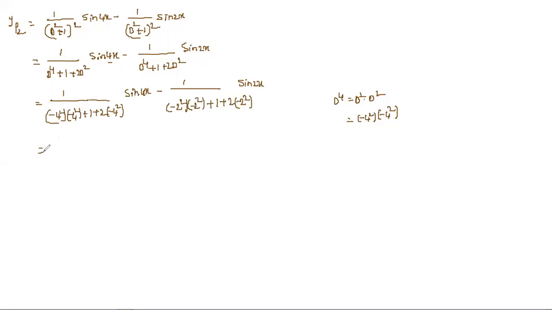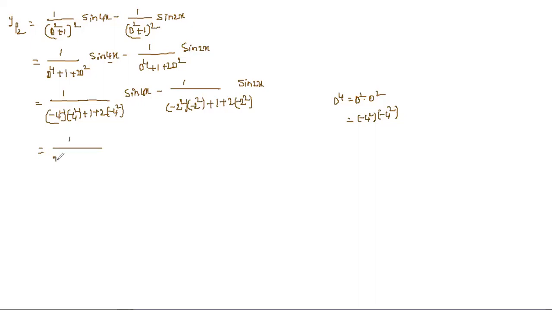So this is simply, we can write it as minus 4 square into minus 4 square. So that is nothing but simply, 4 square is nothing but 16. So 16 into 16, that is nothing but simply 256. So 1 by,